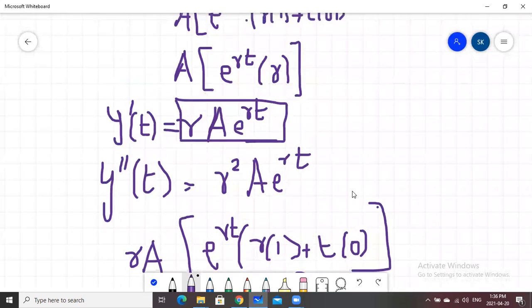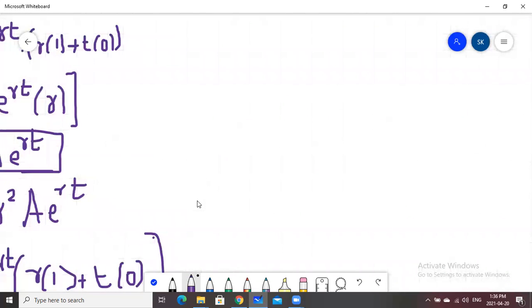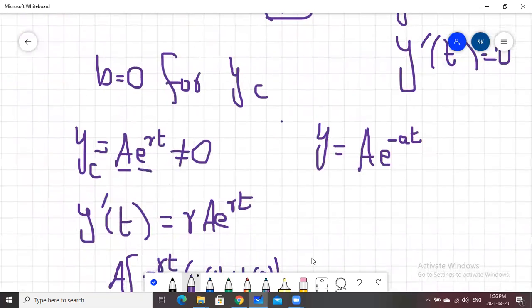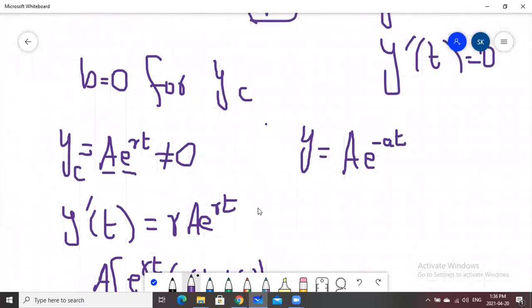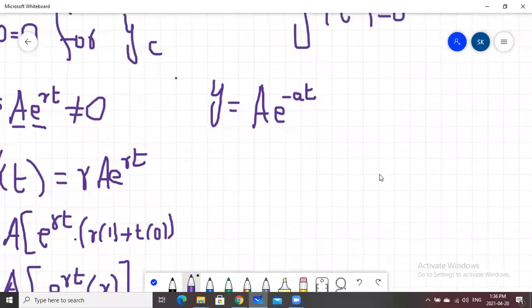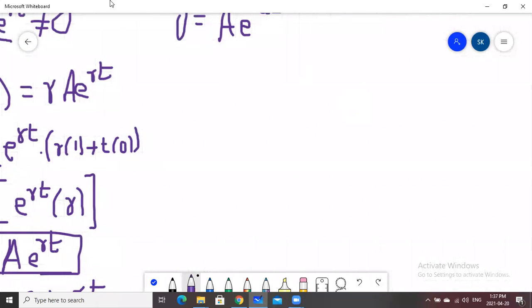Now what will we do over here after this is we'll substitute both the derivatives in the given general form. What is our general form? We know very well that it is y double prime of t plus a1 y prime t plus a2 y is equal to b. In y double prime of t, we will put the second order derivative that we evaluated. In y prime of t, we will put the first order derivative that we evaluated, and then we will write the equation again. That is, we get r square a e raised to power rt,